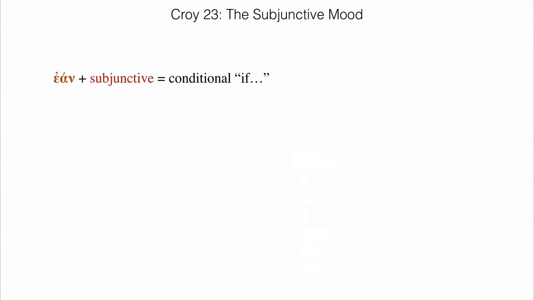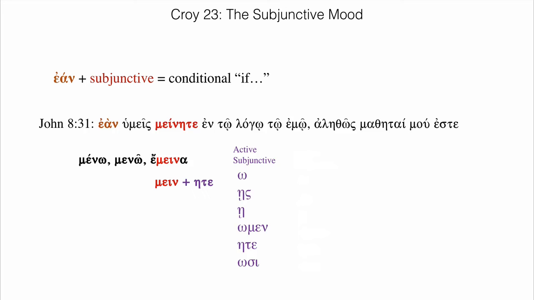The second most common use of the subjunctive is with conditionals like ean or hotan. Ean is just ei and an to give us if plus a subjunctive: if blah, blah, blah. Let's take another example from the Gospel of John. Ean humeis, if you plural, meinēte, abide, in the word, tō logō tō emō, my word. If you abide in my word,